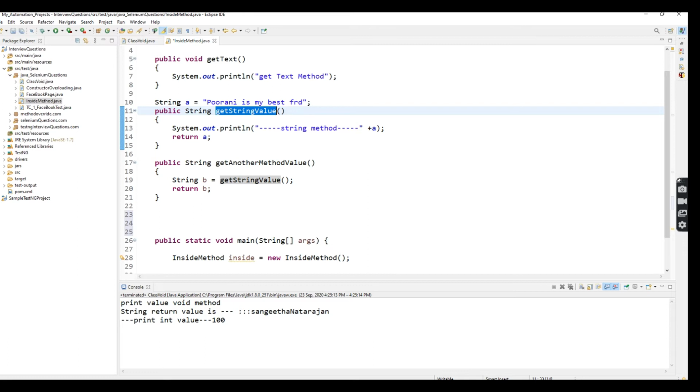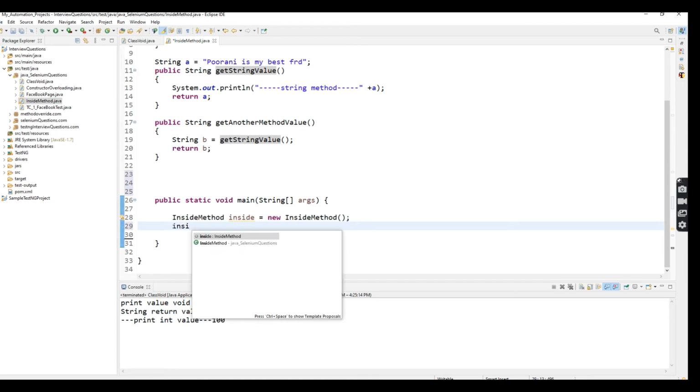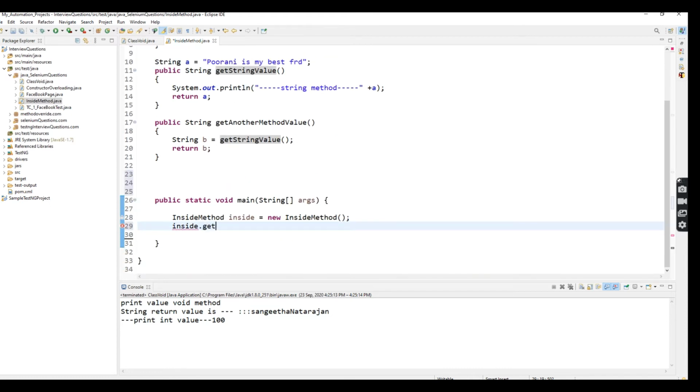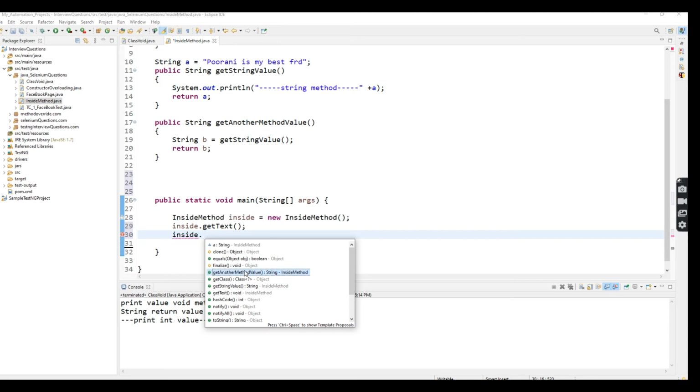Now I'm going to first print getText, then print getAnotherMethodValue.